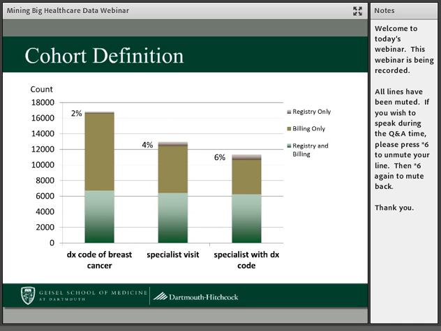And so the first column just shows you what happens when you look at the first criteria, a diagnostic code of breast cancer based on ICD-9. And we know that there's going to be a number of patients who show up in the billing data who will have this diagnostic code, who are not in the registry for valid reasons. One is that these are patients who may have a history of breast cancer, so they got coded for breast cancer, but they're not an active case.